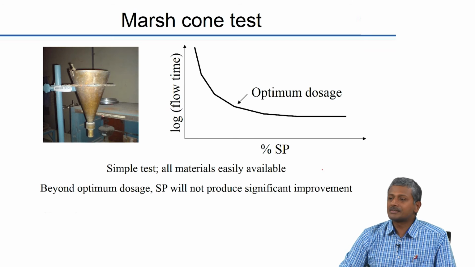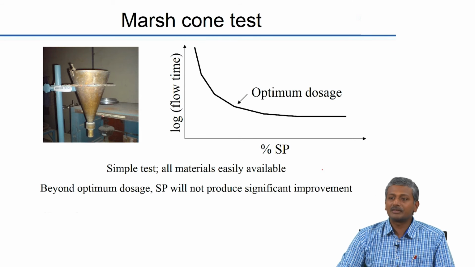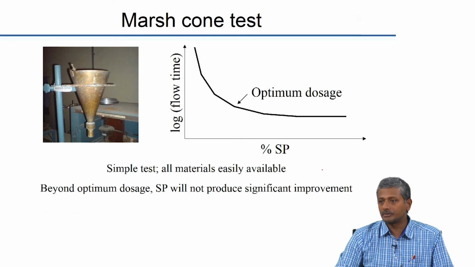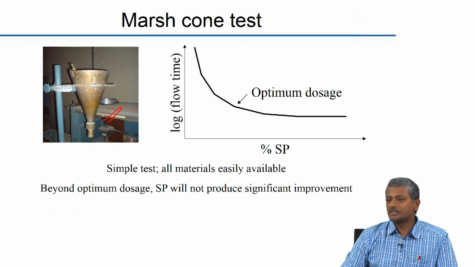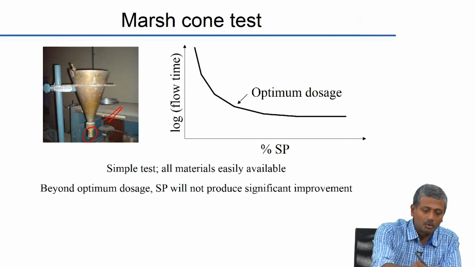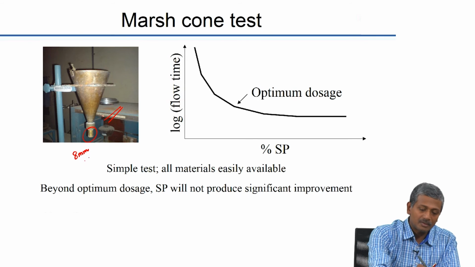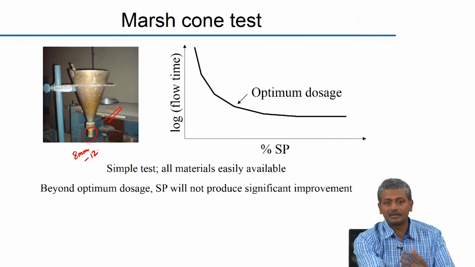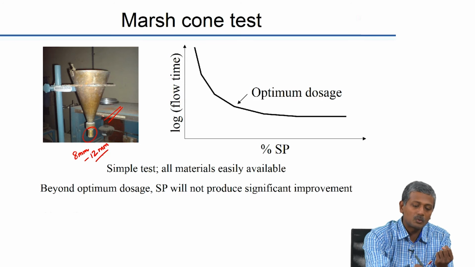One simple test is the Marsh Cone test. Now, this test itself is derived from something that has been used for a long time for grouts. Okay. So, as the name implies, it is just a cone. As you can see, it is a funnel essentially, a cone which has an orifice at the bottom, and the size of this orifice is typically 8 millimeter, or sometimes even when mortars are used instead of paste, you can have a size of about 12 millimeters